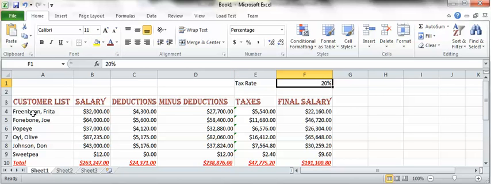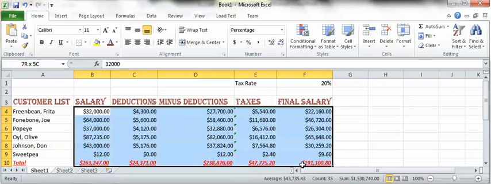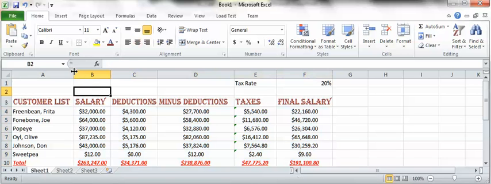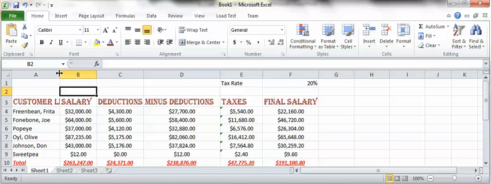there's a couple other things we can do. If we don't like the way these numbers are lined up to the right, well, we can change that. We can come over here, change the alignment to center. There, now we've centered all our numbers, if you want to do that. Okay, another thing that you might want to do is, instead of increasing the length of your columns like we did here on all these,